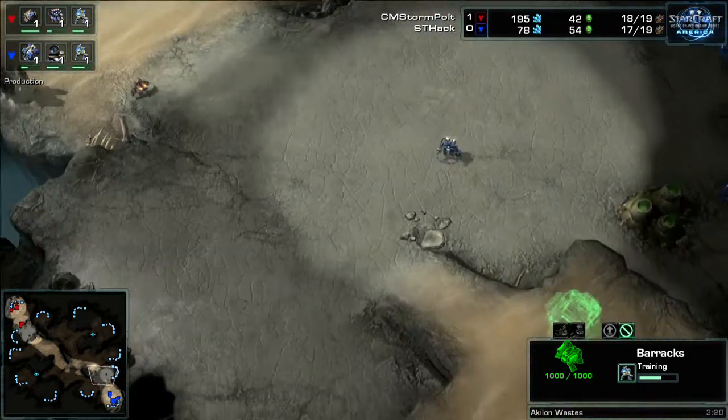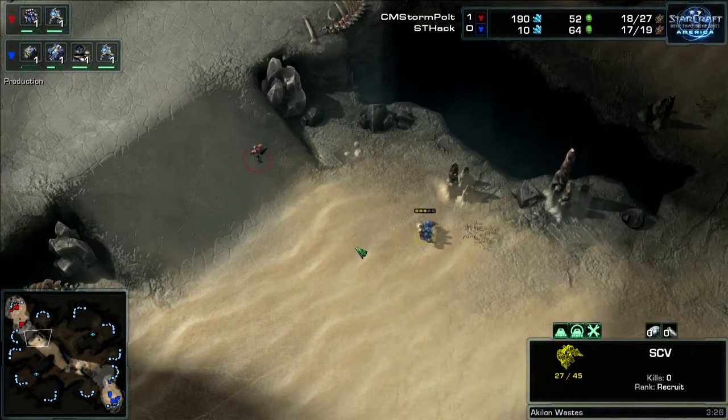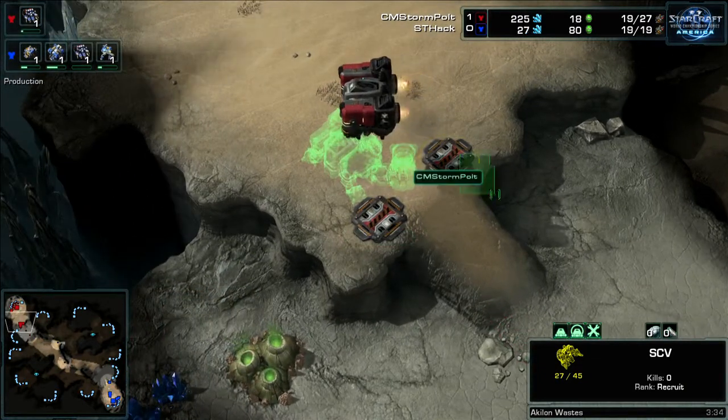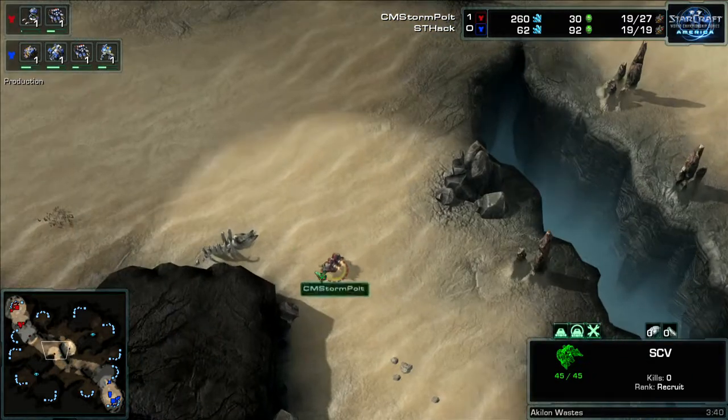And this is perfect scout, I think, by Hack. Now, a lot of people would say, well, he doesn't actually see anything. The fact that he sees the Marine popping out here allows him to know that it's for sure a barracks first. Oh, and even the second supply depot. That's right. Well, he didn't get in to see the supply depot, but...